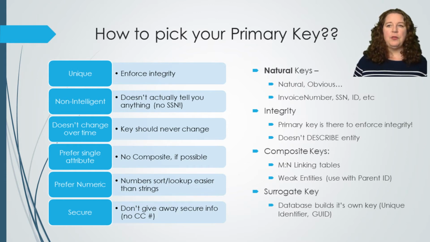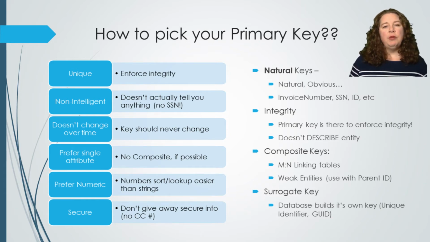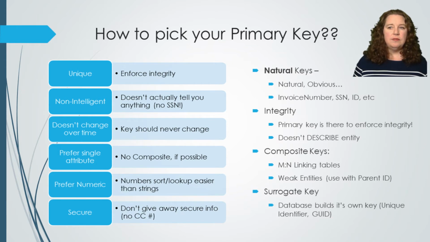So you're going to have something about the parent's ID and then maybe another piece of information, maybe the date or maybe an ID number somewhere else in there. My favorite is what we call a surrogate key. It's the one that the database creates for you automatically. It is a unique identifier, or what I call a GUID. This unique identifier is created every time you add a record to the table automatically. It's usually a 16-digit hexadecimal number. You cannot guess it. It is pretty safe, and it doesn't actually mean anything other than I am the ID